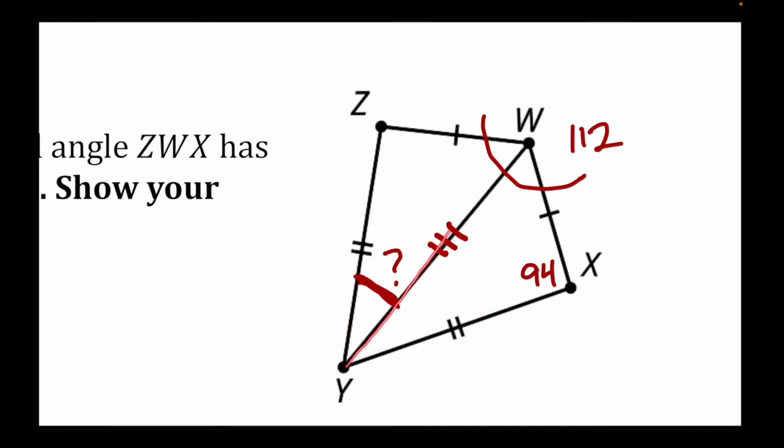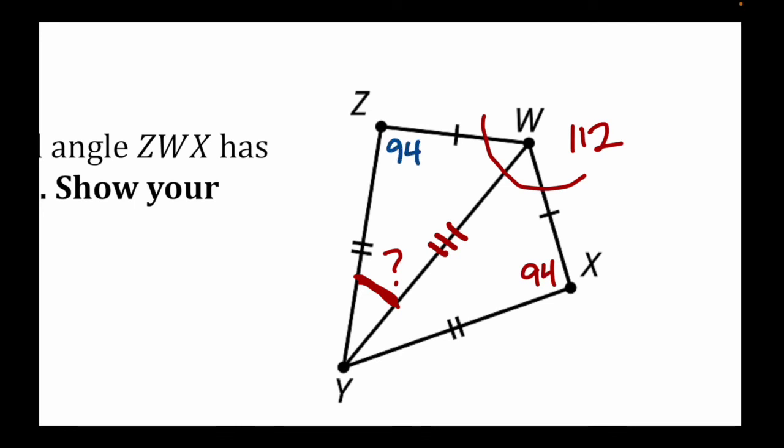So the diagonal that runs between them and cuts it in half here is going to give it side, side, side triangle congruence. So that means that 94 here is going to correspond with this angle. So I can write that 94 here as well. That also means, oh, I meant to do that in a different color. That also means that